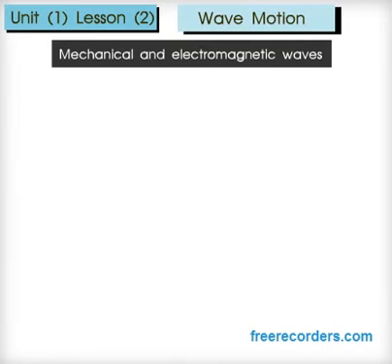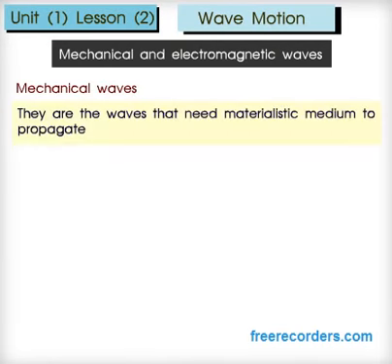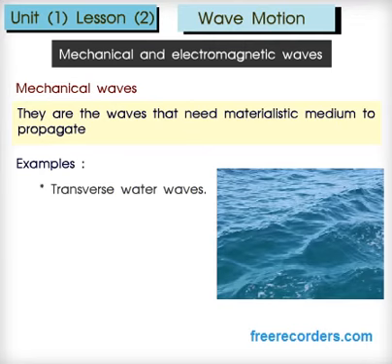Mechanical and electromagnetic waves. Mechanical waves. They are the waves that need materialistic medium to propagate. Examples: transverse water waves,